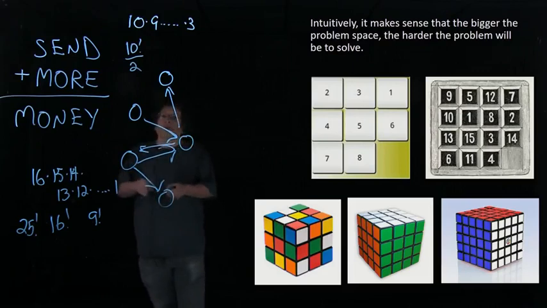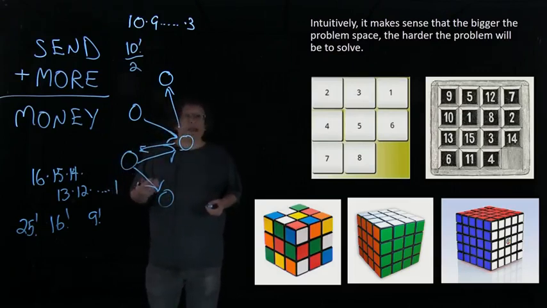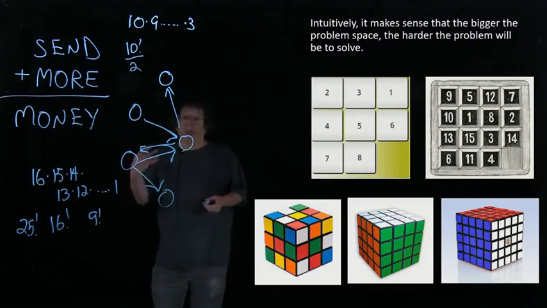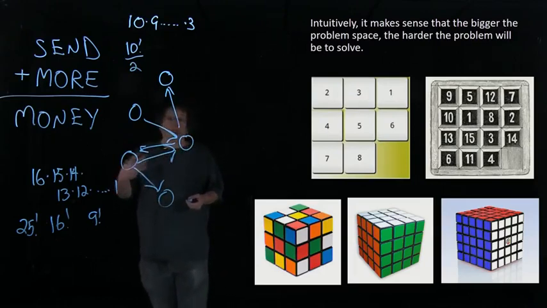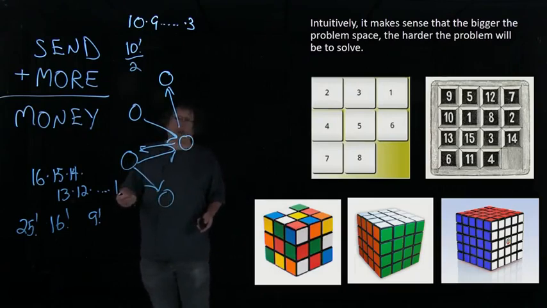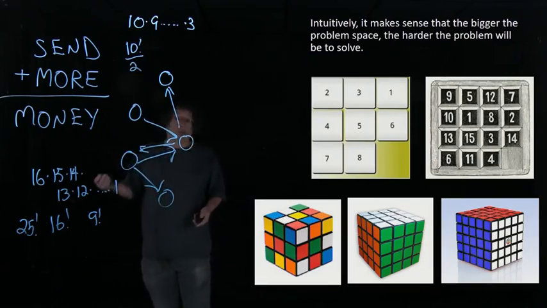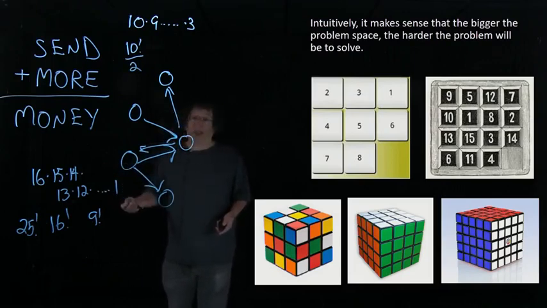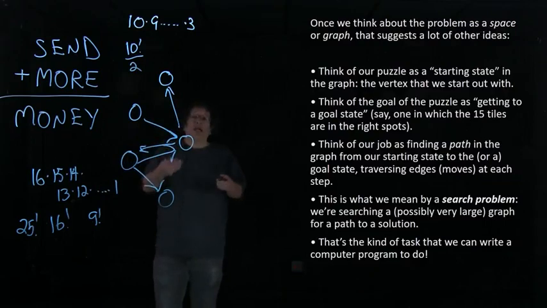Okay. The fact that we have at least a beginning way of thinking about the difficulty of a problem is helpful. It isn't the whole story. What makes a problem difficult is not just the size of the problem space, although it's natural that that would be a contributing factor. It may include other things. Let's think about this. Once we have a